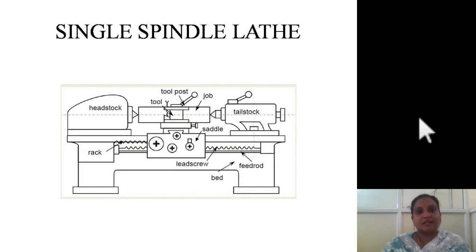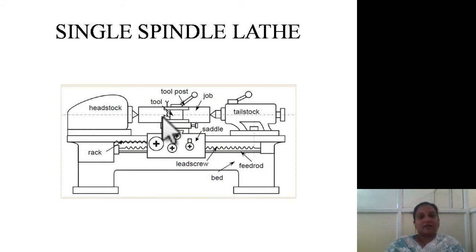Next one is the single spindle lathe. See, we have different types of lathe: single spindle lathe and multi spindle lathe. In the case of the single spindle lathe, you have only one spindle. It means, see, for the headstock you have a chuck, and in the chuck you have mounted one workpiece. Okay, and only one tool will perform one operation at a time on one workpiece. So this is the single spindle lathe. Whatever lathe machines we have studied till now are single spindle lathes.